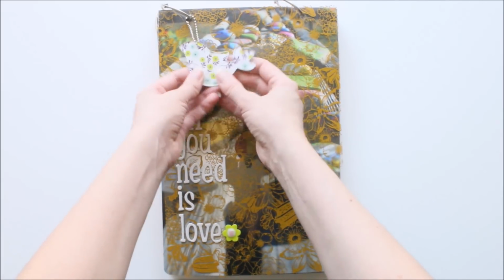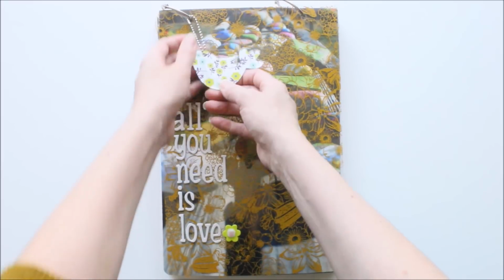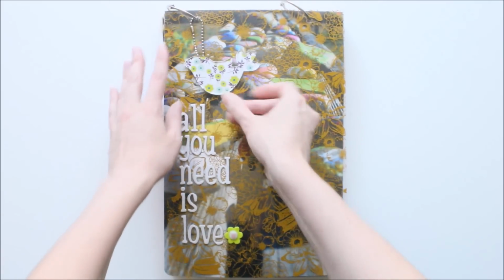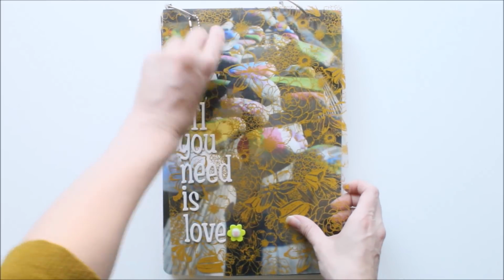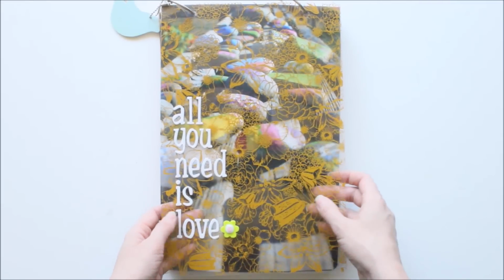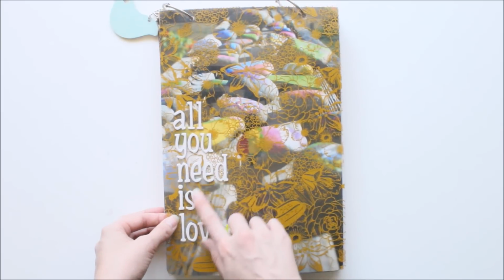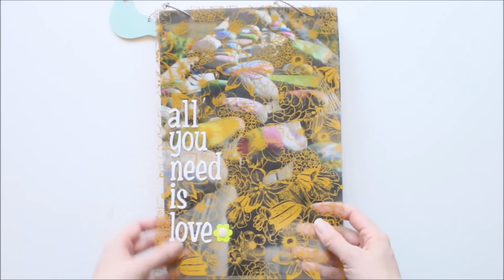So you can see here there's like this cute little acetate bird that I backed with paper, and a bunch of them came on this little ring, and I took all the other ones off and left this one on, and I attached it that way instead of using ribbon, just because I thought that was a good look. And then for the front cover here, I used some gold Hambly, which I believe was from my stash. I don't think that was from the kit, but I believe everything else was from the kit. And then I just used the thicker set from the kit and the little embellishment and spelled out my title,